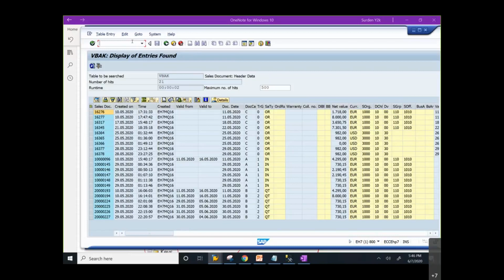VBAK is a predefined SAP table. SAP has already created the table, so the business doesn't need to create a table. But there are some functionalities or some projects where a new table has to be created. And if you are tasked with that, to create a new table, you are not creating it, it's the developers that create it. But you are tasked with the functionality to gather the requirement and work with the developer for them to create it. Now I'm going to go to